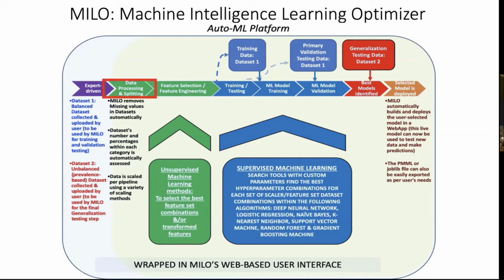Ultimately, within this automated platform, you can take care of missing data. We can scale the data, and you can also find out which features are the best, because maybe not all the features are the best for making the best model. Maybe some features hurt the model. So the embedded unsupervised platforms will find out what's best before you feed it into the supervised platforms that build the models. The supervised platforms use most of the commonly used algorithms, including our own neural network. Seven of the most commonly used supervised machine learning platforms in the world are embedded within our platform.